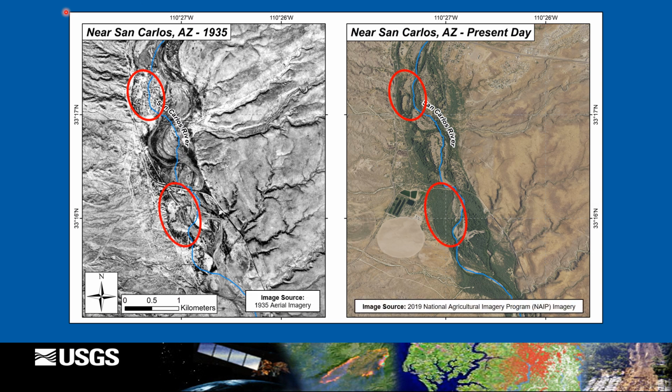In the second location, we see a transition from a largely unvegetated area in 1935, possibly a former flow channel, into a more dense non-native vegetation stand in 2019, right here. So it's very, very dense vegetation, where it used to be a lot more open in this particular area. So these are the types of conclusions we hope to make using this analysis.